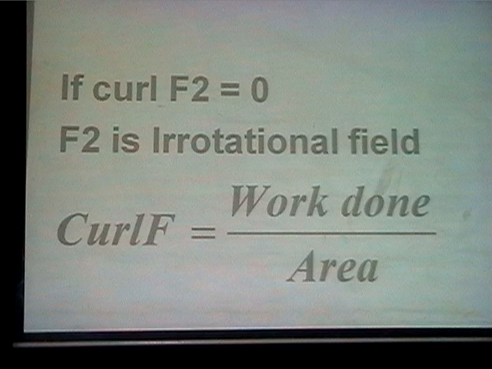Let me take a distance vector. I will draw a distance vector from that point to this point. So this distance vector is fixed. That point is fixed, this point is fixed, and the distance vector is fixed. There is no rotation for this. If there is no rotation for this distance vector, curl of the distance vector is 0. If the blade of this fan is rotating in clockwise direction, then curl F is negative. If I take the velocity of the blade of the exhaust fan, curl V is positive. In the case of table fan, it is negative.